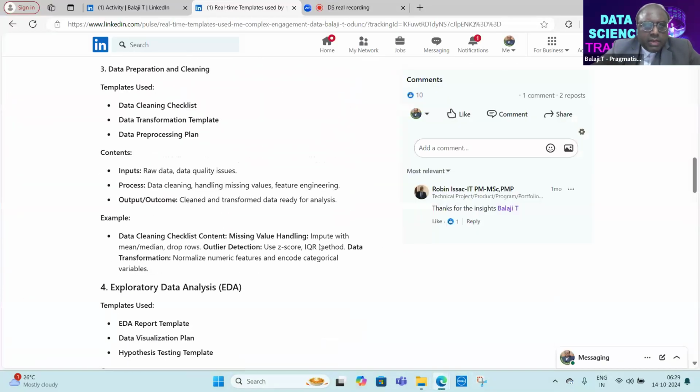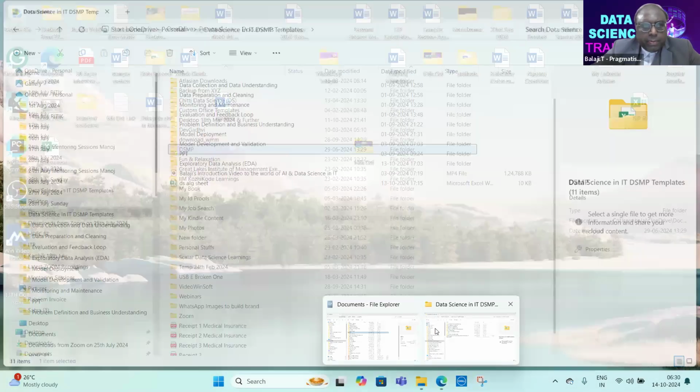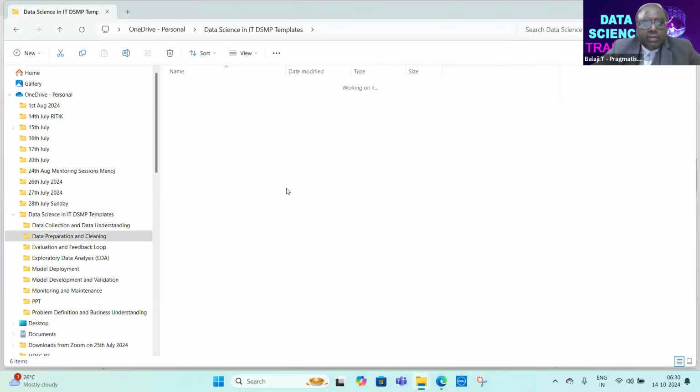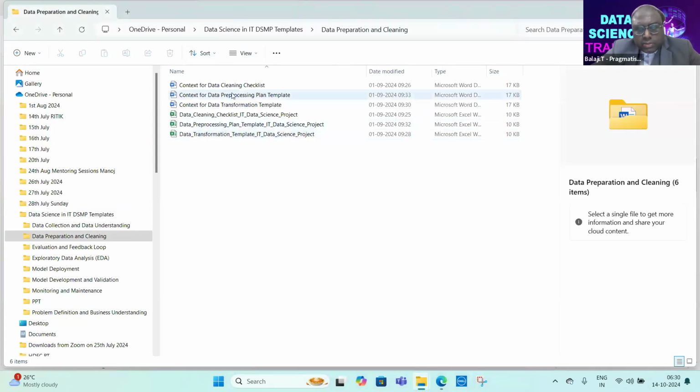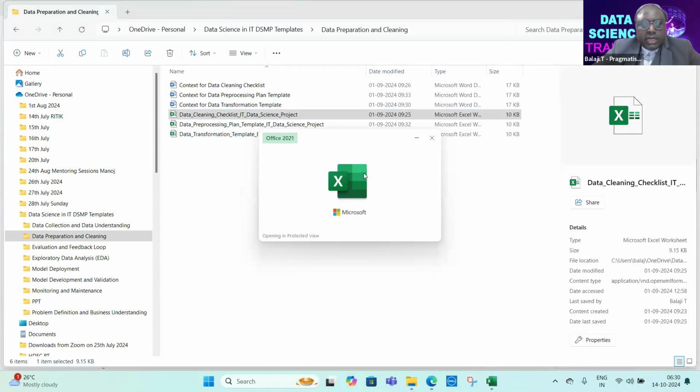For example, let us take data preparation and cleaning. The templates used are a data cleaning checklist, a data transformation template, and a data pre-processing plan. So under data preparation and cleaning I have these three templates, and I have also given the context over here. Now, if I get into this particular template, you can see the checklist which I have created and kept ready.